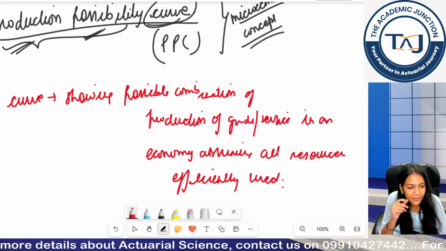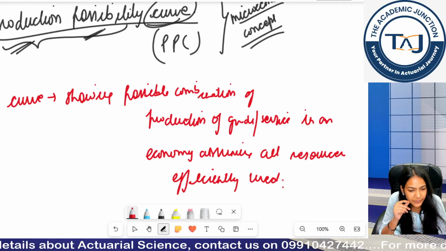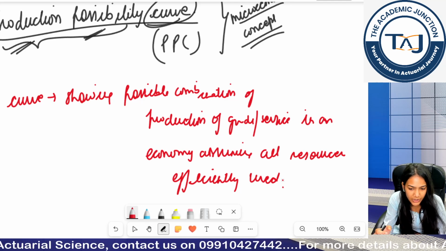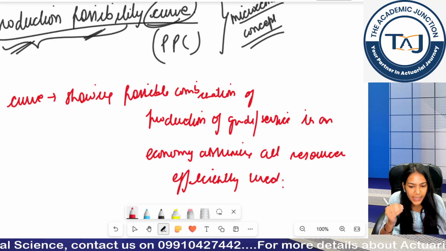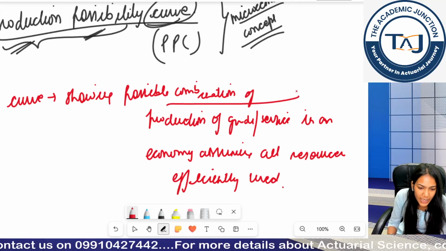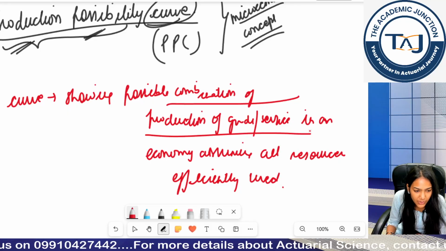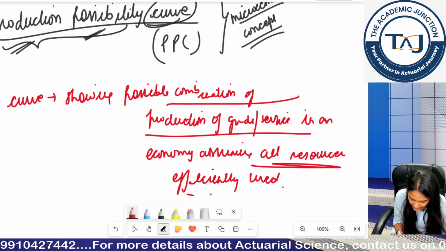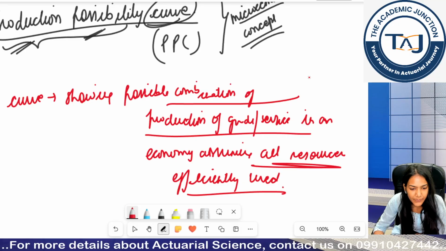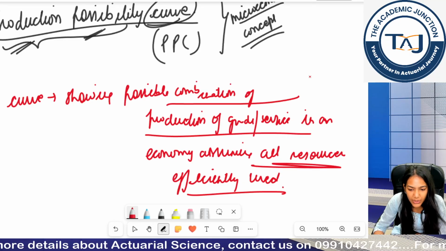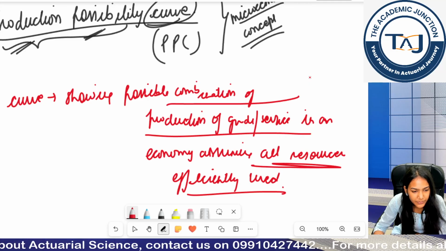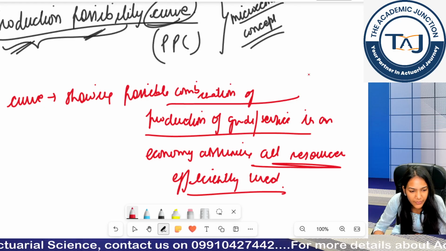Any complication in the definition, online students? Here we talk about the production combination: how many units of good A I can produce and simultaneously how many units of good B I can produce. So I am talking about the combination of production of goods and services, with the assumption that I am using all resources efficiently. Is the definition clear? Shall we move forward to the graph or curve? Give me a yes in the chat room if it is clear.